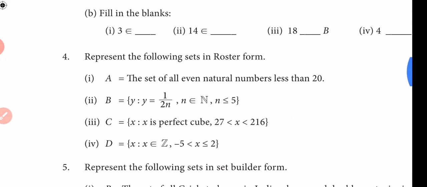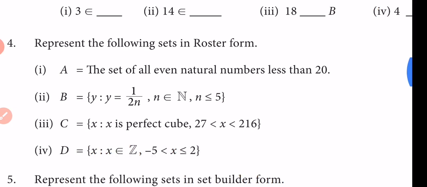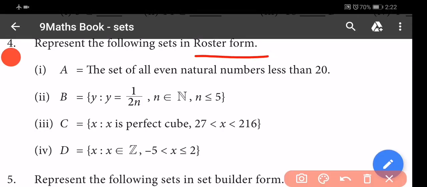Okay. Now we use the material for the answers. Before that, we discuss what is given and how to change it. The fourth one: represent the following sets in roster form. In the first one, what form is it? It is descriptive. It is changed into roster form. Then within braces, we list all the elements.